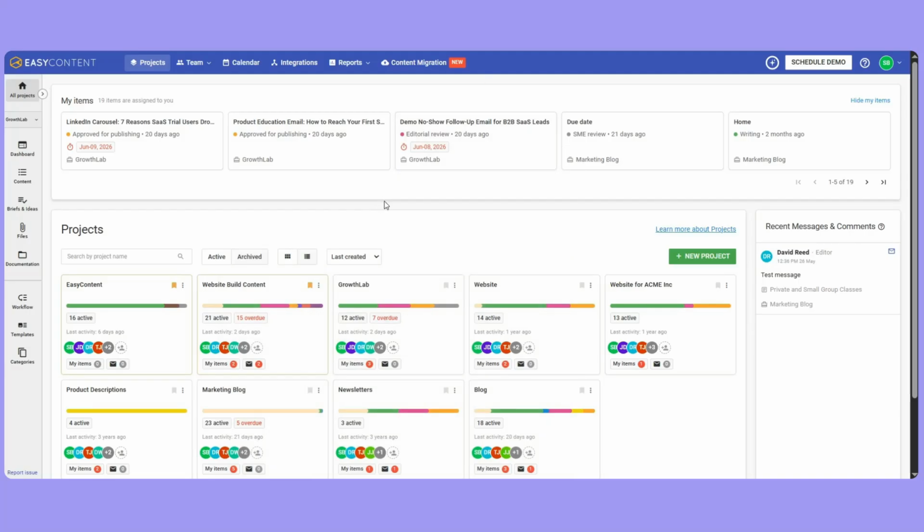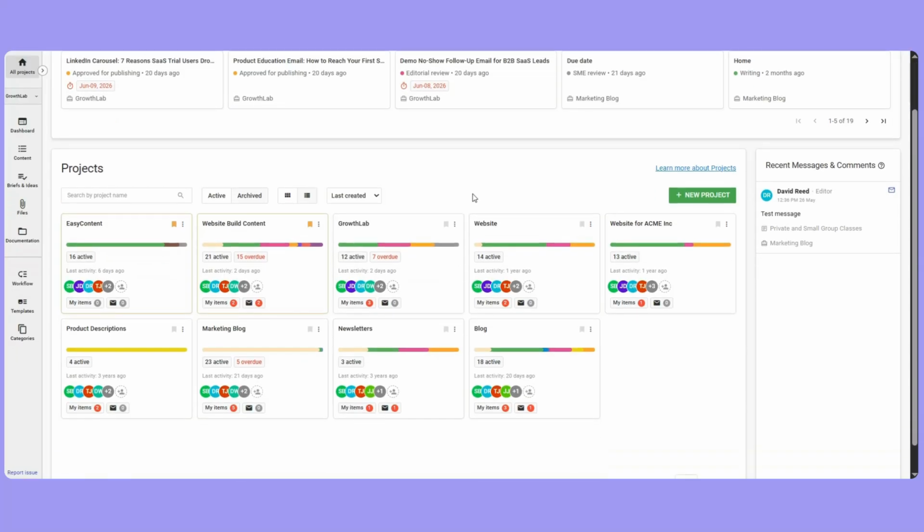When an agency manages content for multiple clients, it can be difficult to keep track of what is in progress, what is waiting for review, and what requires attention. In Easy Content, you can organize each client as a separate project, giving agency owners a clear overview of the